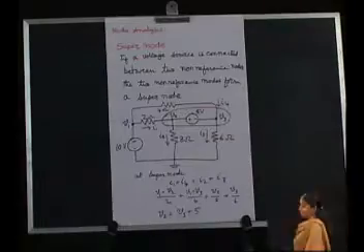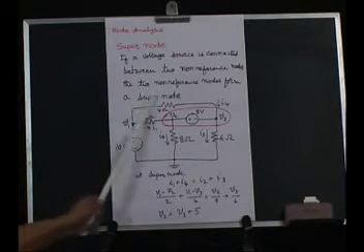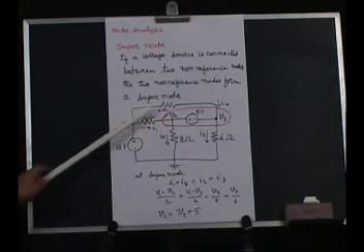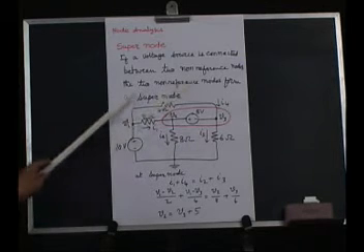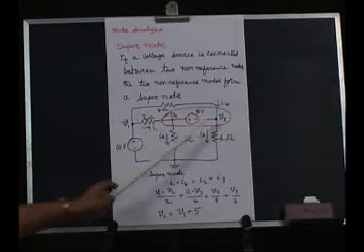Sir, could you please explain what a supernode is? We shall illustrate with an example. Till now we have worked out problems with current sources only. In this particular circuit, we have two voltage sources and then resistors 6 ohms, 4 ohms, 2 ohms and 8 ohms connected in this fashion, and we have to find out the voltages V1, V2 and V3.